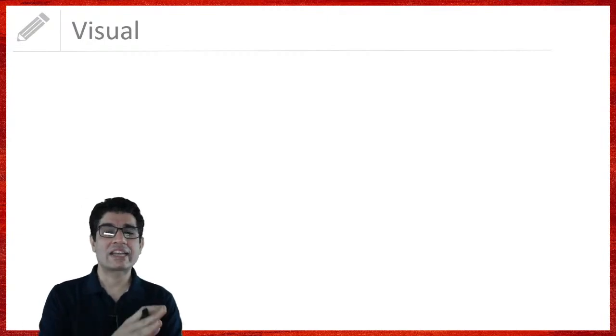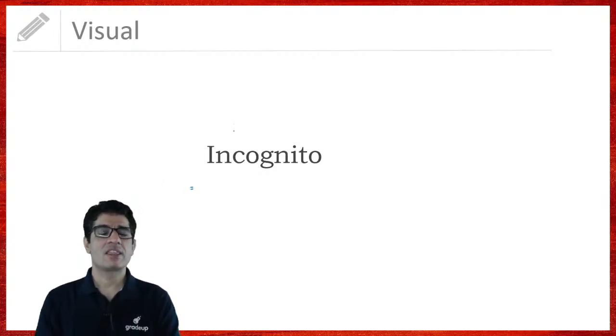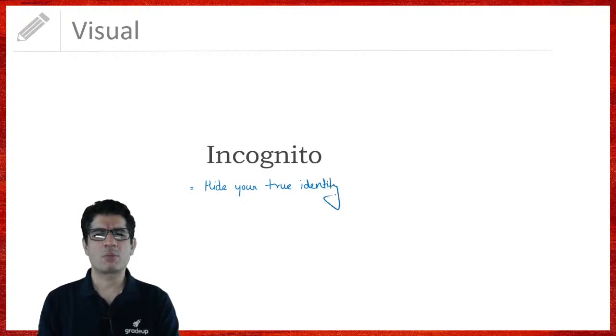right? Then you have visual methods. In visual methods, you learn words through connecting them to an image. For example, here is a word. Okay, the word is incognito. So let's say if you travel incognito, then you're traveling in such a way that nobody gets to recognize you. So when you are incognito, you hide your true identity. You can be an undercover operator. You can be a very famous actor who's just trying to avoid getting recognized.